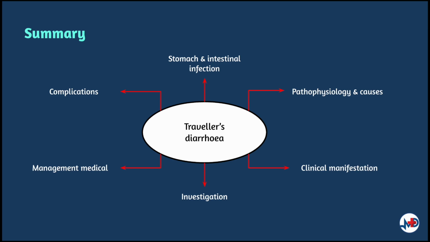So, in summary, we understand that traveler's diarrhea is the onset of diarrhea formed 3 or more times compared to the normal consistency and nature, infecting the stomach and intestinal layer of the gut, and usually associated with travel. We have also looked at the pathophysiology and causes, how they usually present, what are the investigations that we could carry out to diagnose as well as to assess the severity of dehydration in patients, and finally, understanding the complications and preventing that from happening either by prompt response as well as medical therapy.